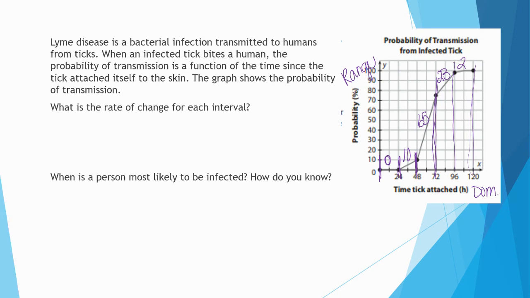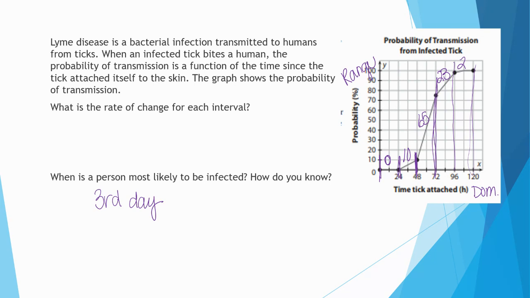When is a person most likely to be infected and how do you know? So looking at this graph, I would say that a person is most likely to be infected on the third day. How do I know that? Well, for the first 2 days, your chance of getting Lyme disease is 10%. It's 0% the first day, 10% the second day. So over the course of 48 hours, if you get the tick removed within 48 hours, you're only 10% likely